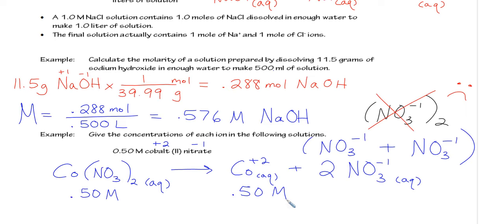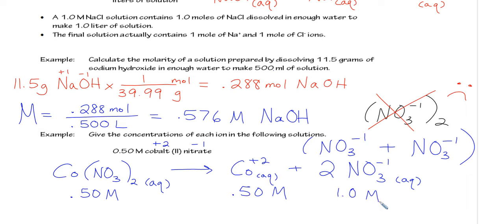I get 1 cobalt ion for every 1 mole of cobalt nitrate. I have half a mole. I'll have half a mole of cobalt ions. The cobalt nitrate molecule has 2 nitrate ions, so when they dissociate, I should have 1 mole of nitrate ions